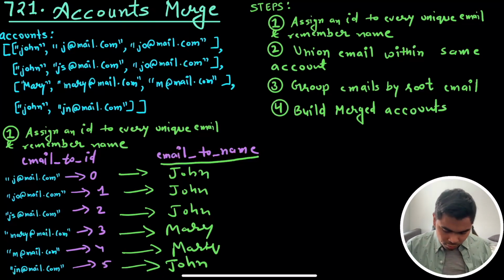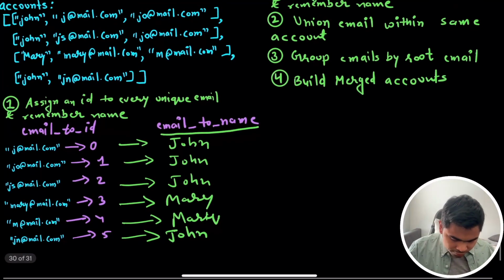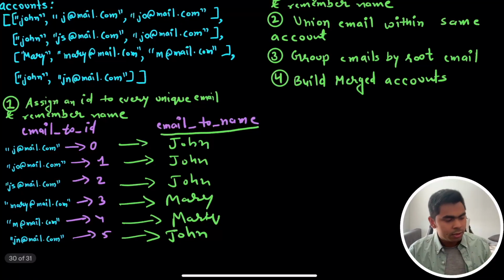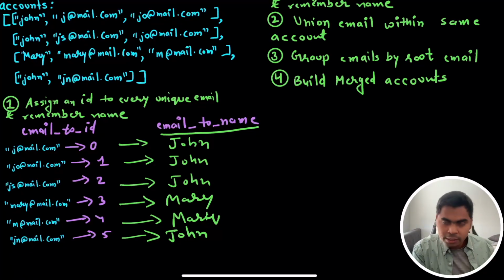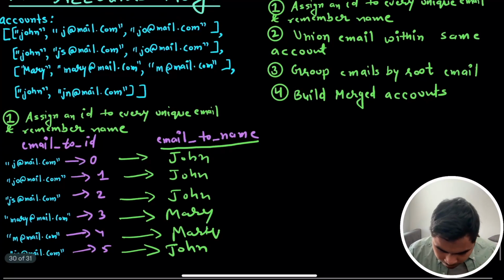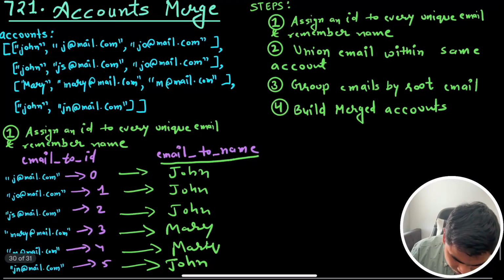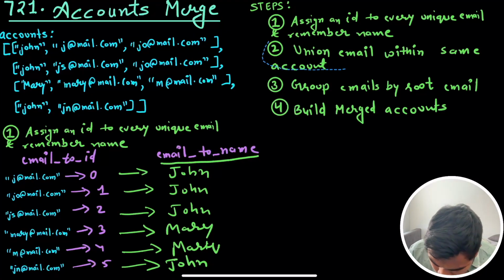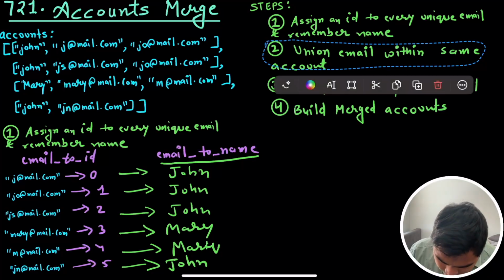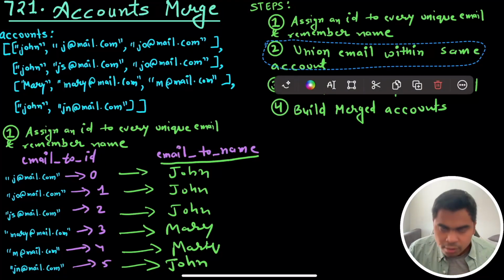All right, so this was the first step. Assigning these number IDs to each unique email, and then also remembering the name associated with each email. Our next step would be right here. Let me just copy it, which is union emails within the same account. What does that mean? So this is where I will